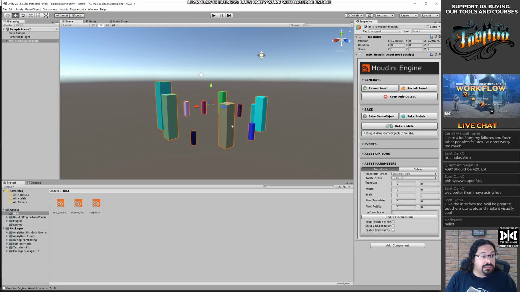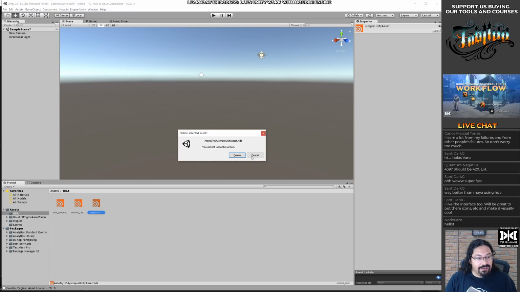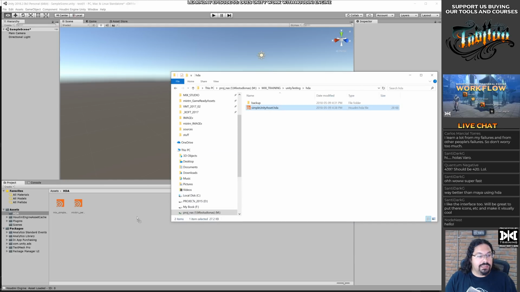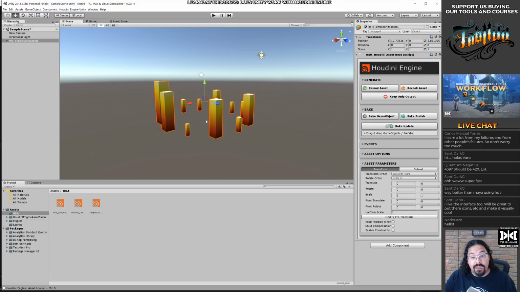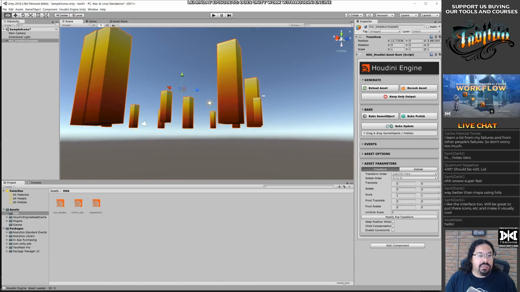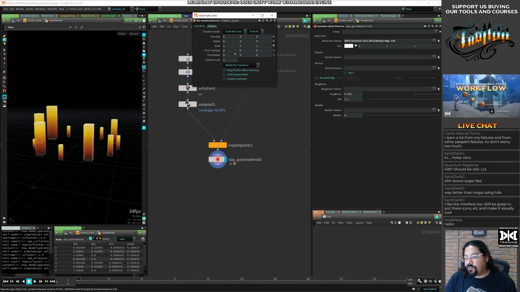Okay, now that's an issue. So let's kill it from here, maybe delete. I don't know. And import it again. If I have to do that every time, I'm not gonna be happy. Yep, that works. Which is not what I expected. And actually the texture works as well. Pretty cool. Now you have a texture. It's coming from Houdini and everything is working. So let's try to expose some parameters now, because that's what assets do.